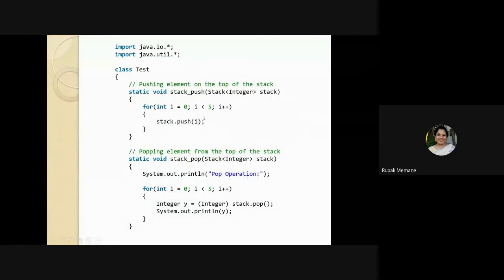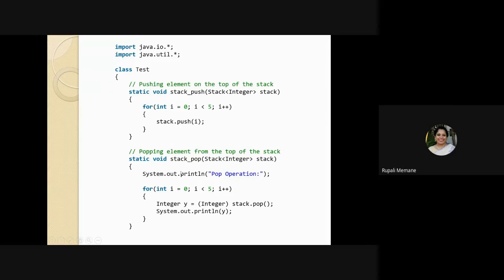So I'm going to put in the elements. So here, if I have to insert, let's say, 5 elements in the stack, then I create a for loop. The for loop iterations will go on till 5 elements. It will start with 0, and then I go on inserting. So I take a for loop with the integer i, and I try to push the ith element. So whatever element I come to, it will push. This push operation of pushing the elements on the stack will go on till the 5th iteration, right?